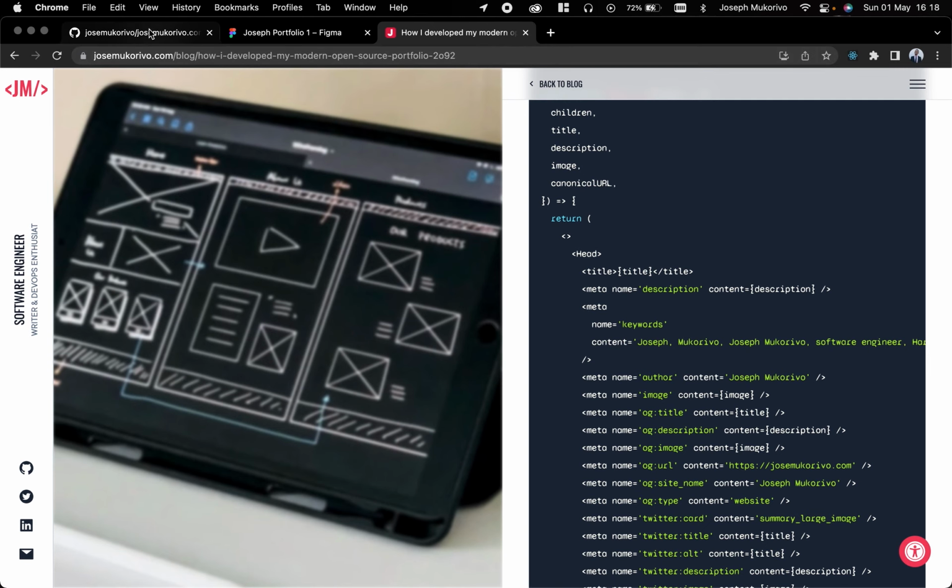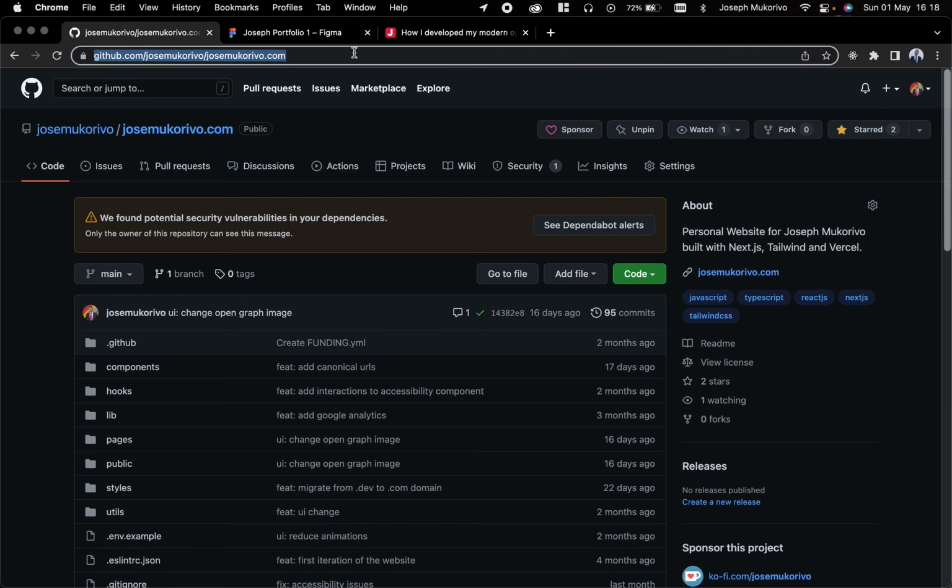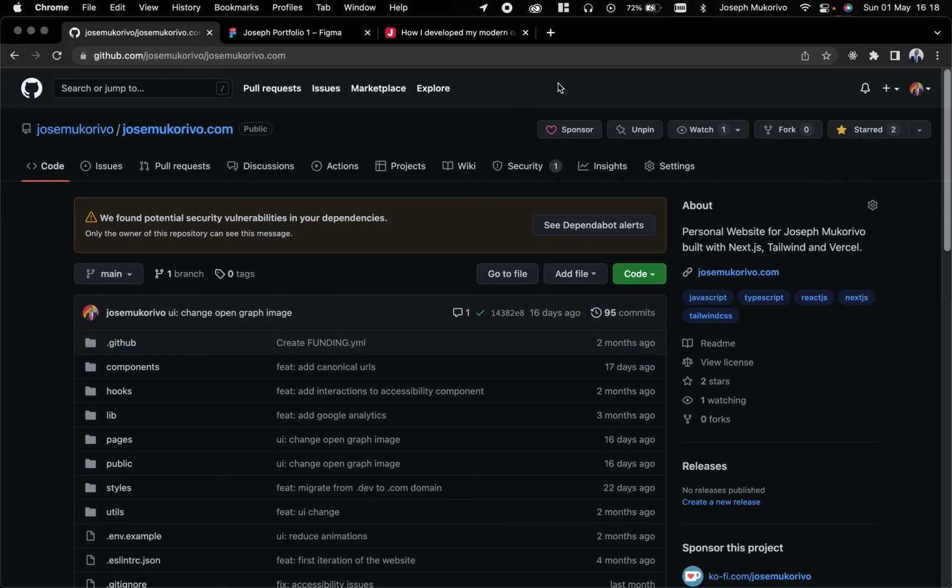But maybe before we go there, let's go to GitHub, and this is the repository for the portfolio. The cool thing about this portfolio is that it's open source, so anyone can go to this link and star the repository, fork it, clone it, whatever you want. But if you want to clone the repository and change some images, name and stuff, make sure that you read the license first,